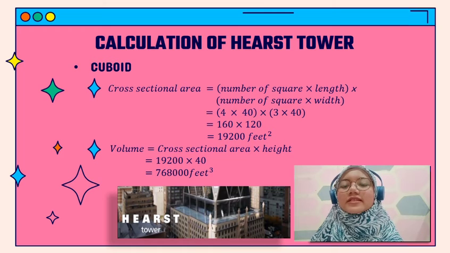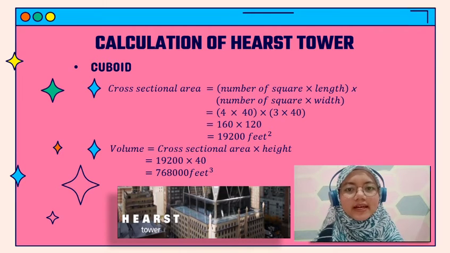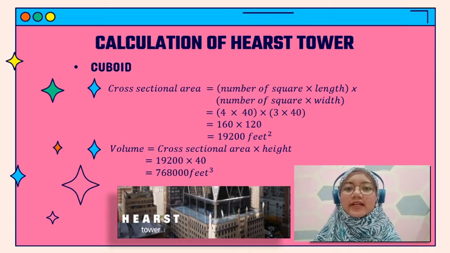Last but not least, the lower part of the tower is a cuboid. To find the cross-sectional area of the shape, we multiply first the number of squares and the length of the tower, that is 4 times 40, and follow with the number of squares times the width, that is 3 times 40, and the area is